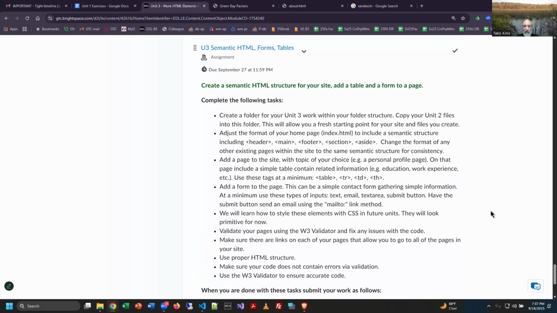The assignment itself for this unit is listed here. Now, when I list assignment criteria like this, I want to make sure that you guys complete all of these bullet points, right? I don't want you to just do a couple and then go, all right, I think that's good, right? I want you to make sure that you read through each one of these, complete all the tasks listed,